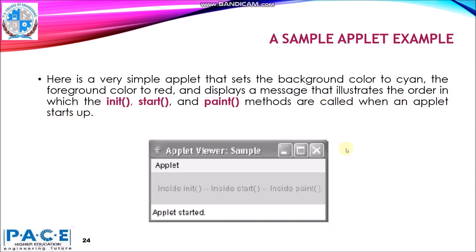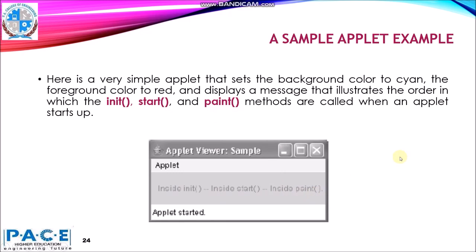So this is our applet. When the applet is initialized and the init method is called, it displays "inside init". When the applet gets started, or when the start method is called, it prints "inside start", and when the paint method is called, at that time it prints "inside paint".